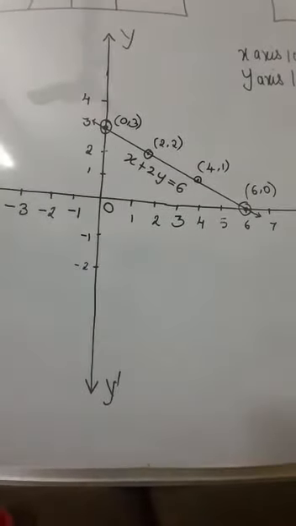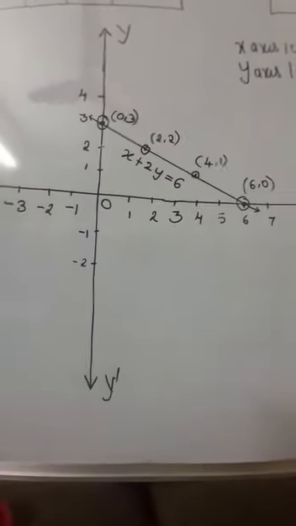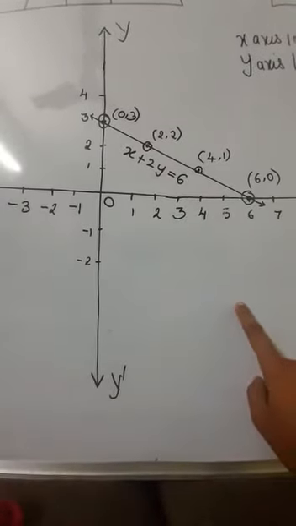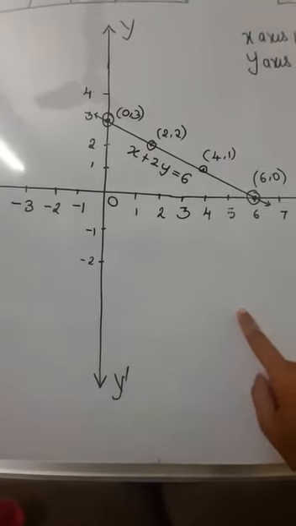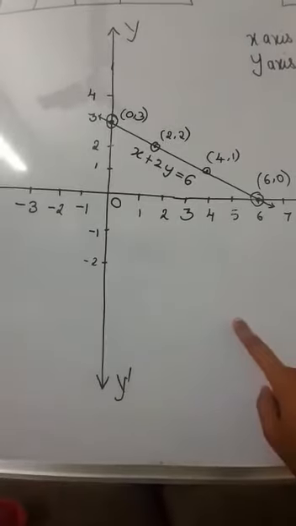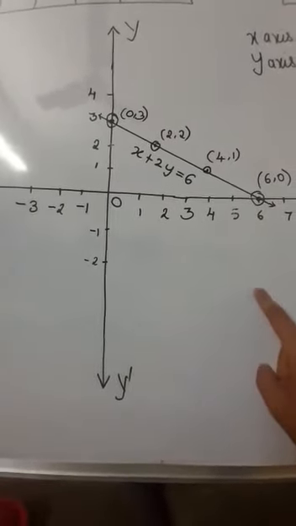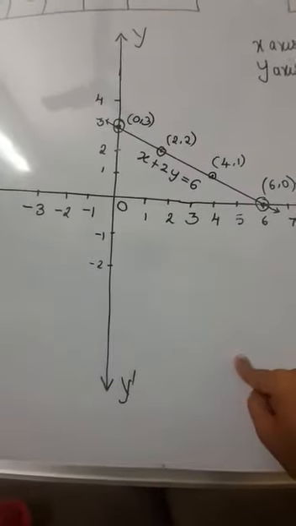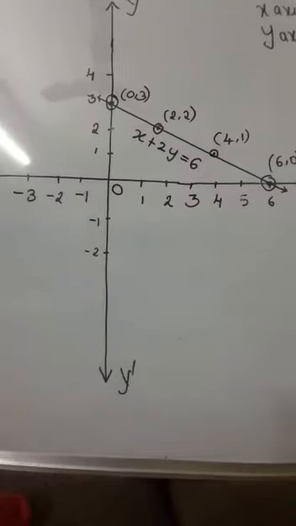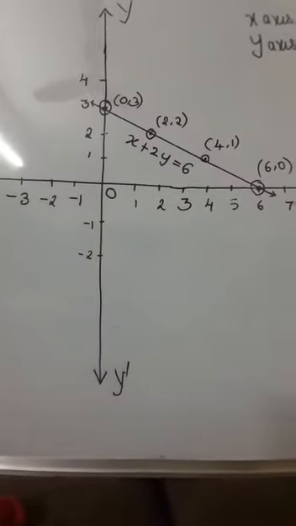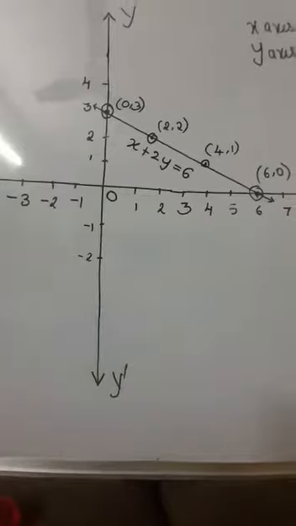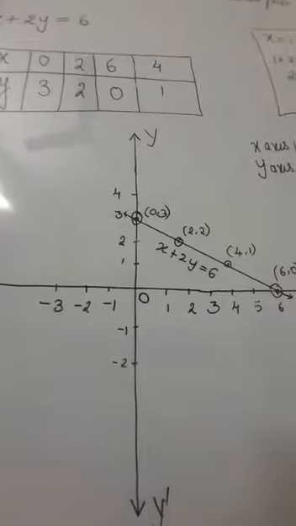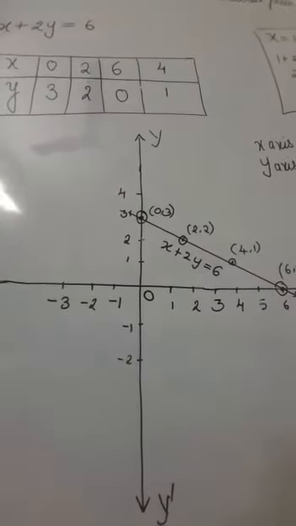What is meant by linear equation? Linear is line. The equation will represent a line. If there is only one solution, what will happen? If you mark only one point in the Cartesian plane, you will be able to draw infinitely many lines through that single point. Then you will not know which line represents the equation given. So to represent it graphically, at least how many solutions do we need? Two solutions are compulsorily needed.